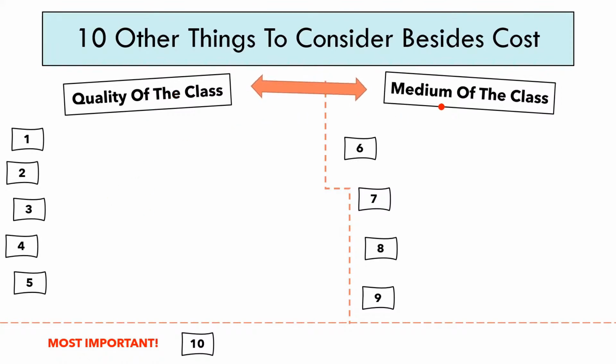Number 6 to 9, I'm talking about the medium of the class, especially. Medium being, is this class online or is this class face-to-face? And 10, which is the most important thing, more important than even all of these first 9 things to consider. So let me go step by step. Number 1,